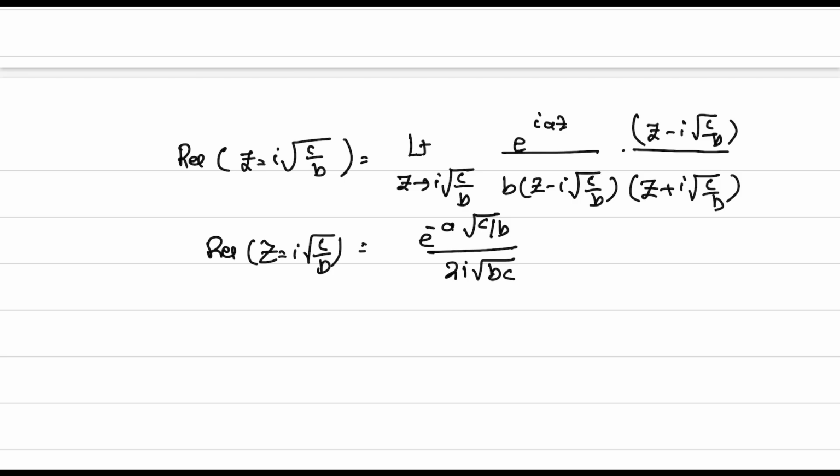These steps, finding limits and differentiation, you please see, and I don't want to waste time solving small things like (a minus ib) into (a plus ib) is equal to a square plus b square. Those things you please take care. Then